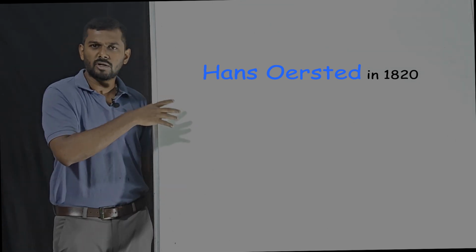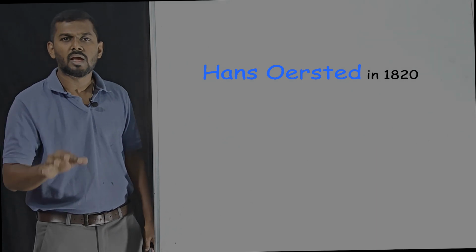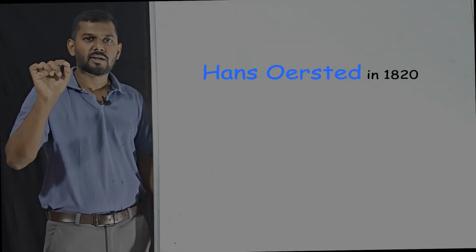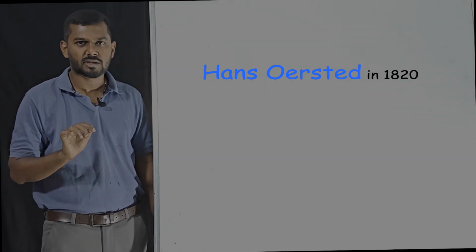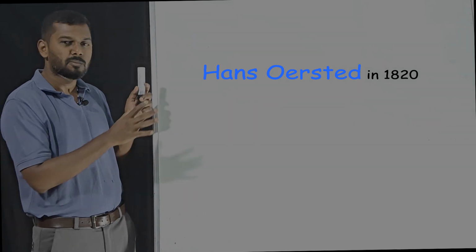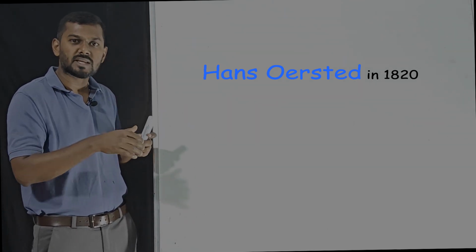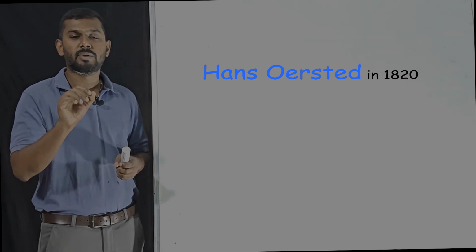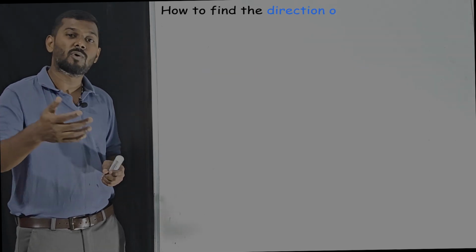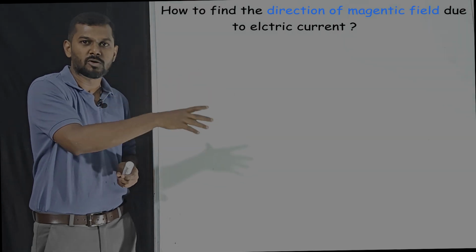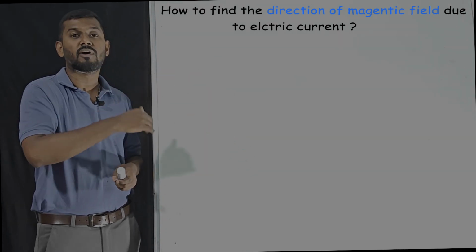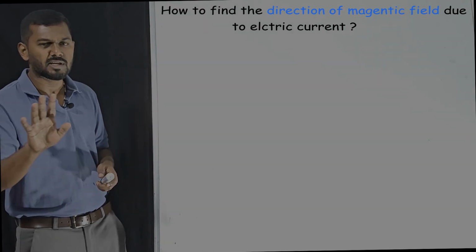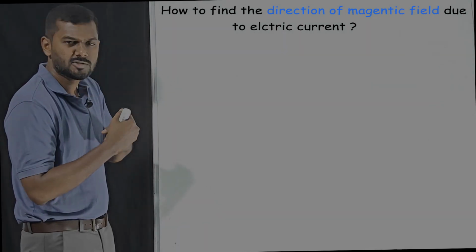So before directly going to the topic, we got to know that when a conductor carries current, it has a magnetic field around it, correct? Now before jumping into the topic, we are going to understand how to find the direction of that magnetic field because of electric current. Once we learn that, then we can go to the topic. See, whenever there are two possible ways,